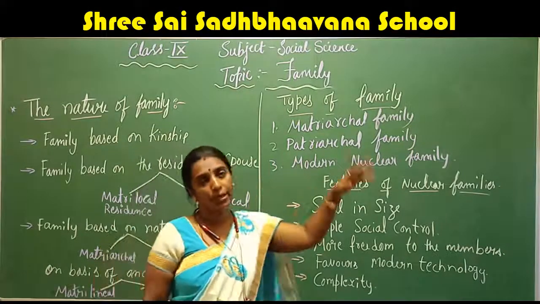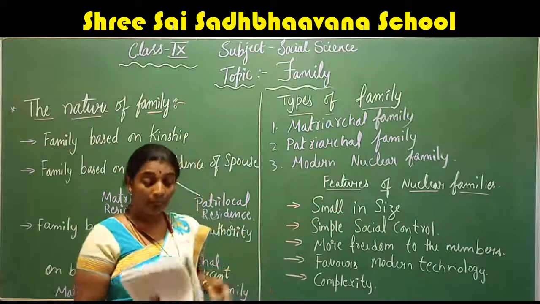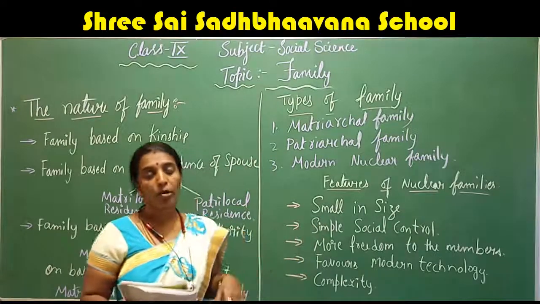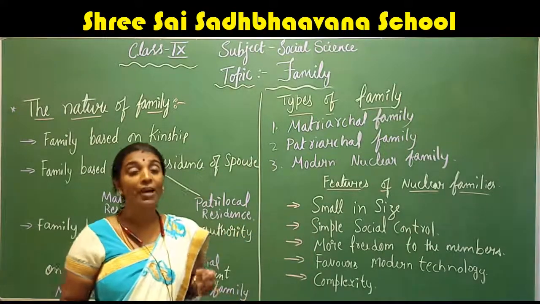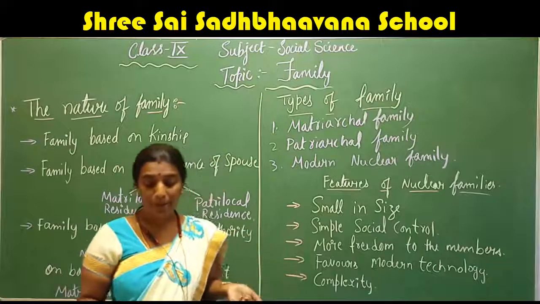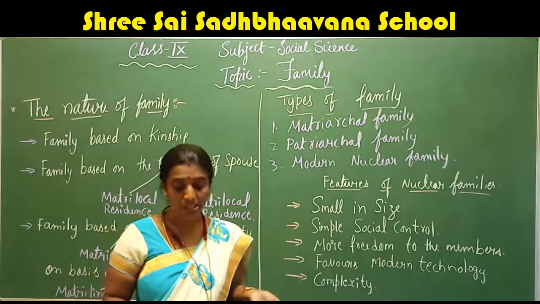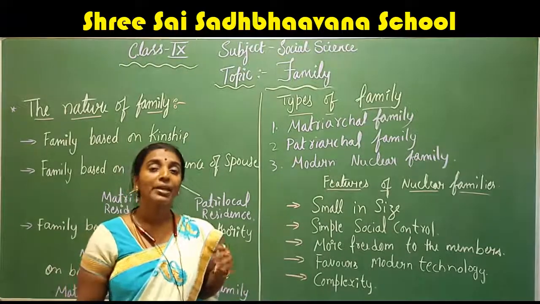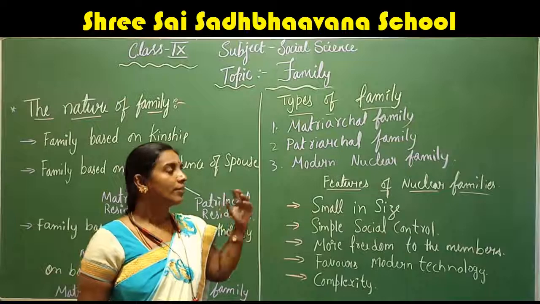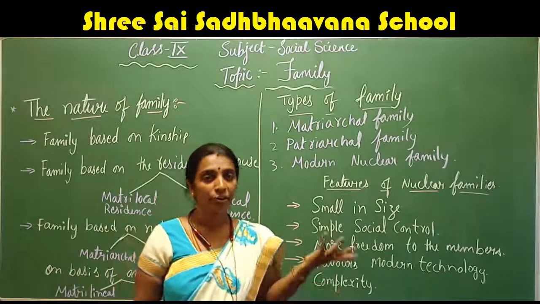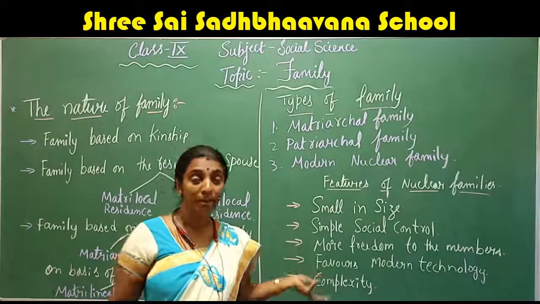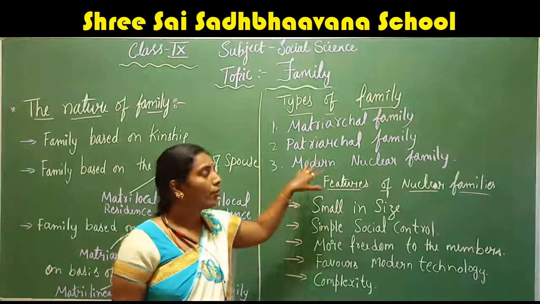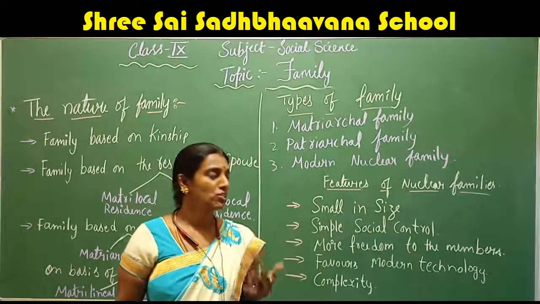So the third one is the modern nuclear family. As I told you, because of many reasons, such as individual achievement, the concept of individual happiness, change in the value systems with regard to rights to property, progress in the areas of science and technology, rapid urbanization, democratic values and the concept of equality, and many other reasons behind the division of the family, the joint or extended families nowadays are divided into the modern nuclear society. In the present world, we can see more modern nuclear society because of the reasons I mentioned now.